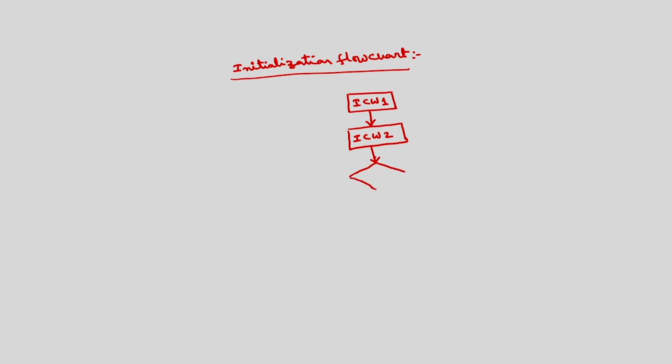So, it will check whether this is a cascading mode or not. If yes, it will go to initialization control word 3, ICW3. If no, it will skip ICW3, as ICW3 is not required, and then it will check for the next condition,